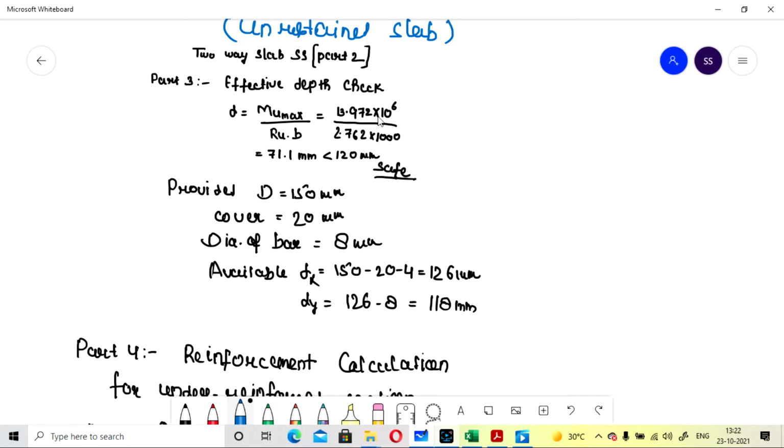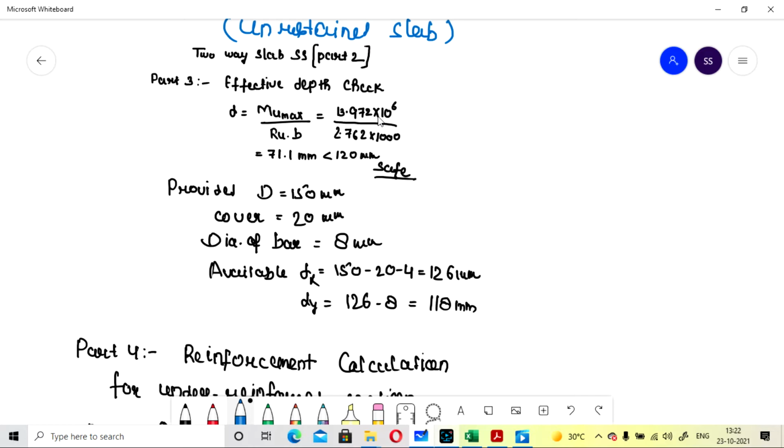If we provide a total depth of 150 mm, that is what we have calculated. After considering the cover and the diameter of the bar as given in the previous part, the available dx will come around 150 minus clear cover minus the die of the bar, that is half of 8, which is 4, so it will come as 126.